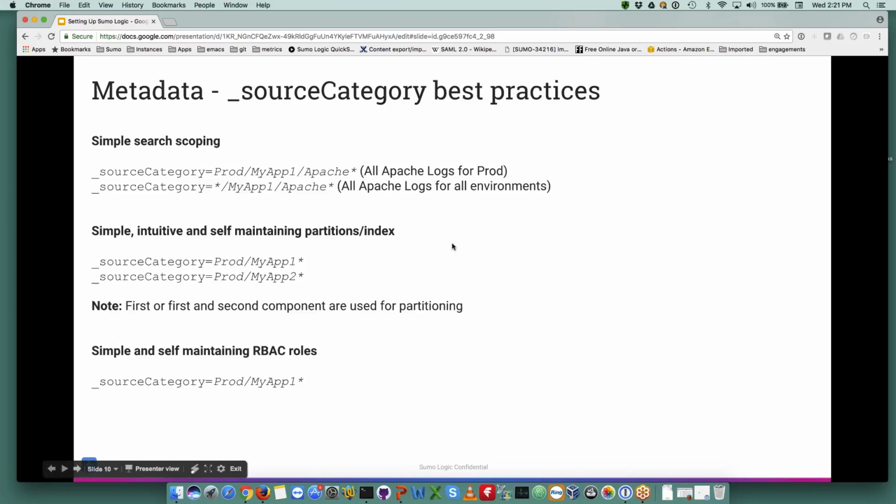Reason number 1, simple search scoping. I want to be able to find the subset of data that I care about for any specific use case I may have with a specific search term, and not having to have 4 or 5 search terms. So for example, with the nomenclature that we just looked at, if I wanted to search for all Apache logs for prod, I could run a search across for this. So this is a valid search string that would find all Apache logs for prod